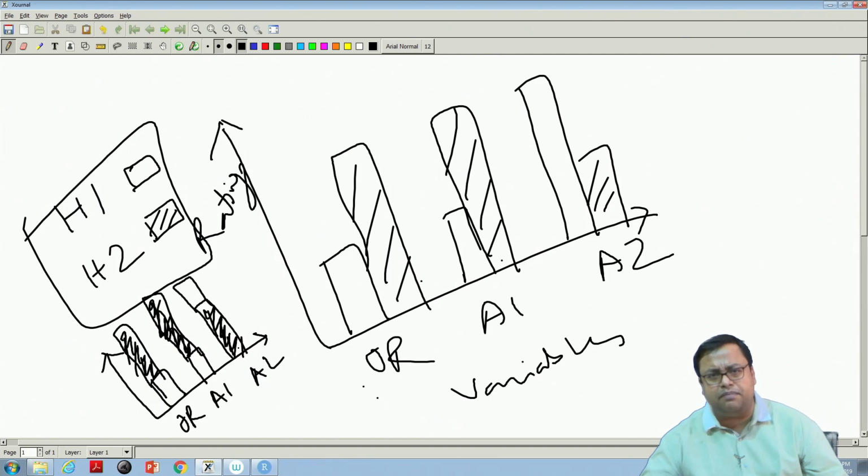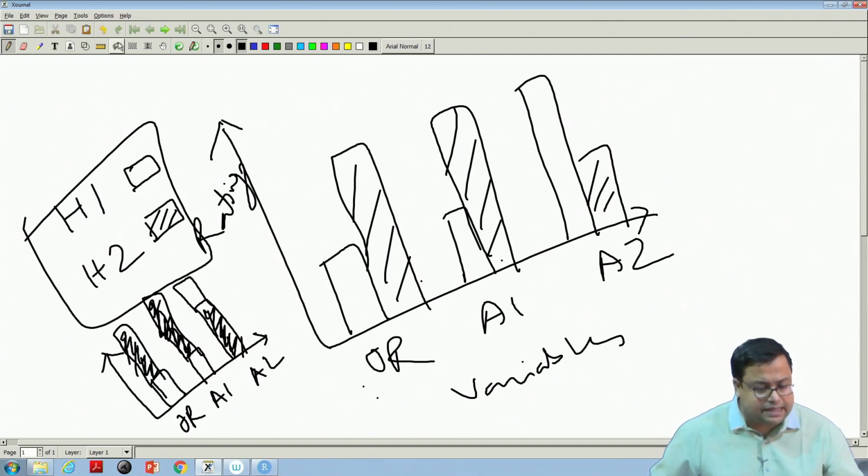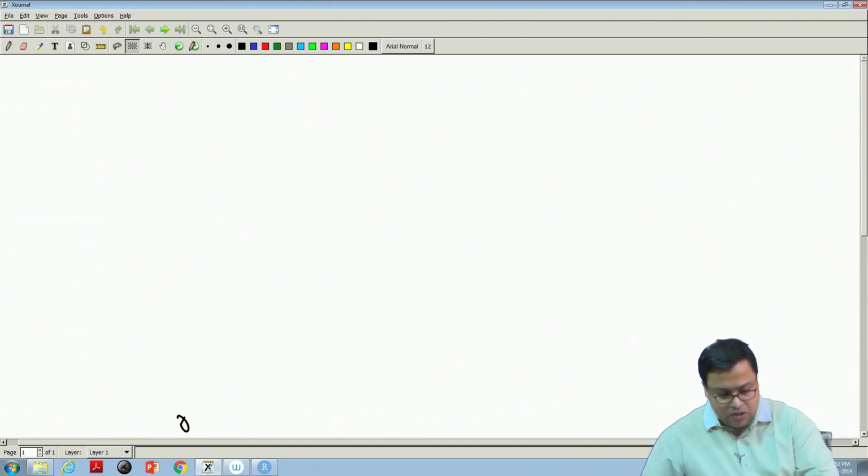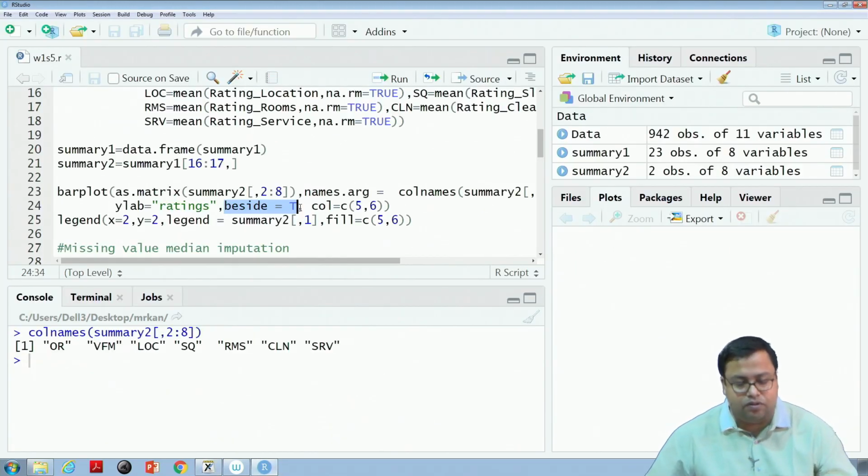This is a stacked view. When you want to create a stacked view, you write beside is equal to FALSE. When you do not want a stacked view, you write beside is equal to TRUE. So I have written beside is equal to TRUE.